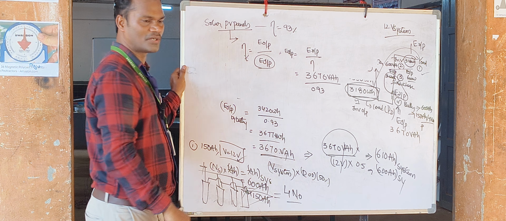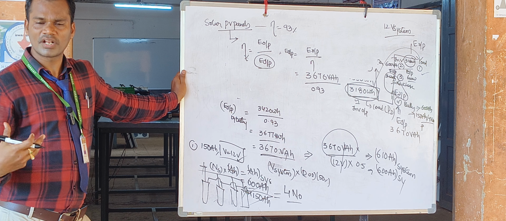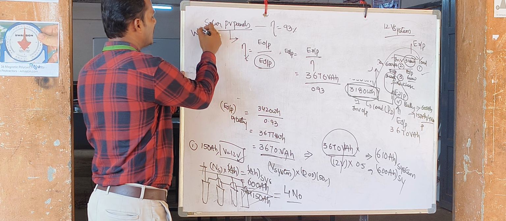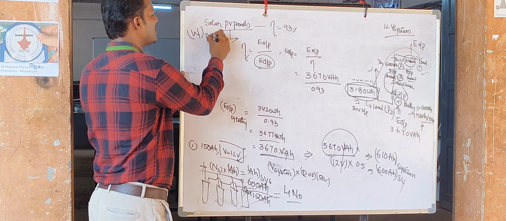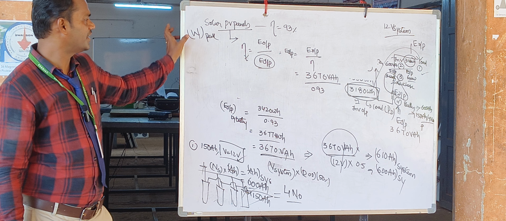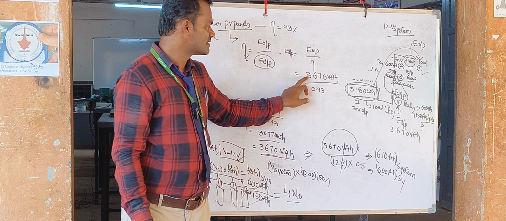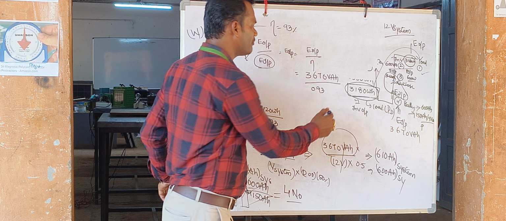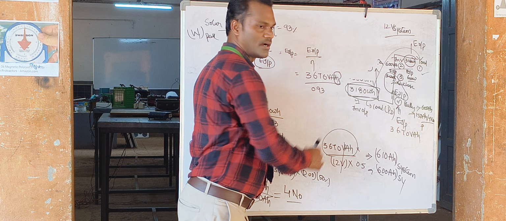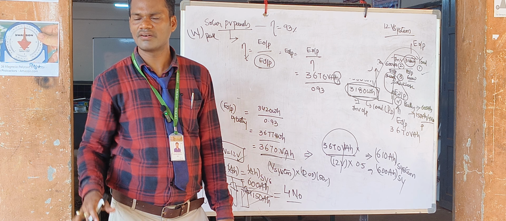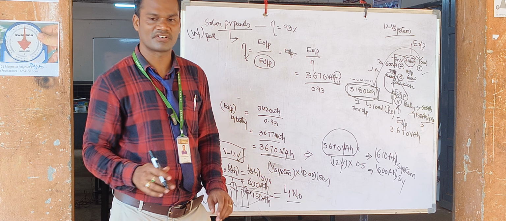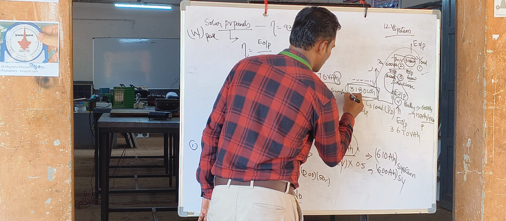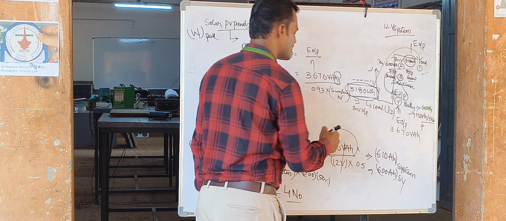93 percent. Here one problem is there. Solar panels are generally expressed in watts, and this rating is the peak, so we write watt peak. Here it is watts, but here what we have is 3670 volt ampere hour. So what is the problem? Hour. Generally in India, or in Andhra Pradesh, we have sunshine hours. We need to divide by the sunshine hours, how many hours of sunlight are